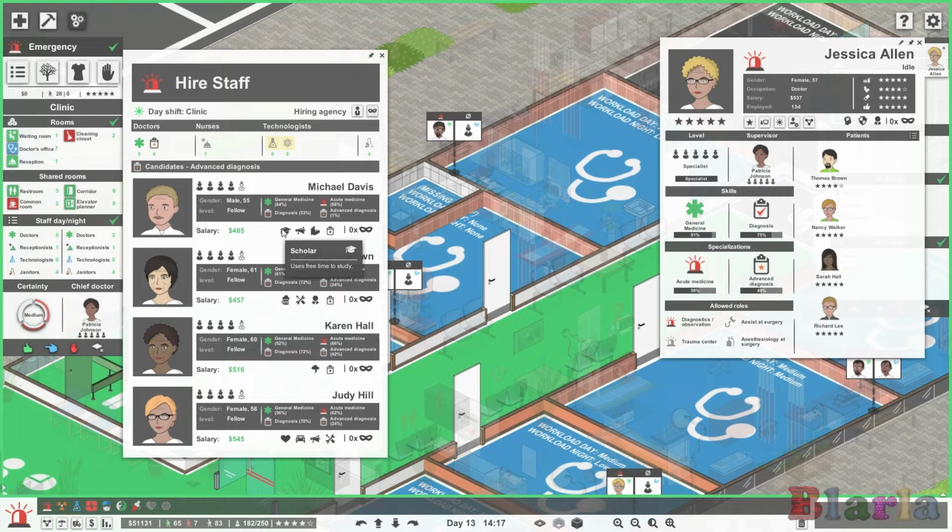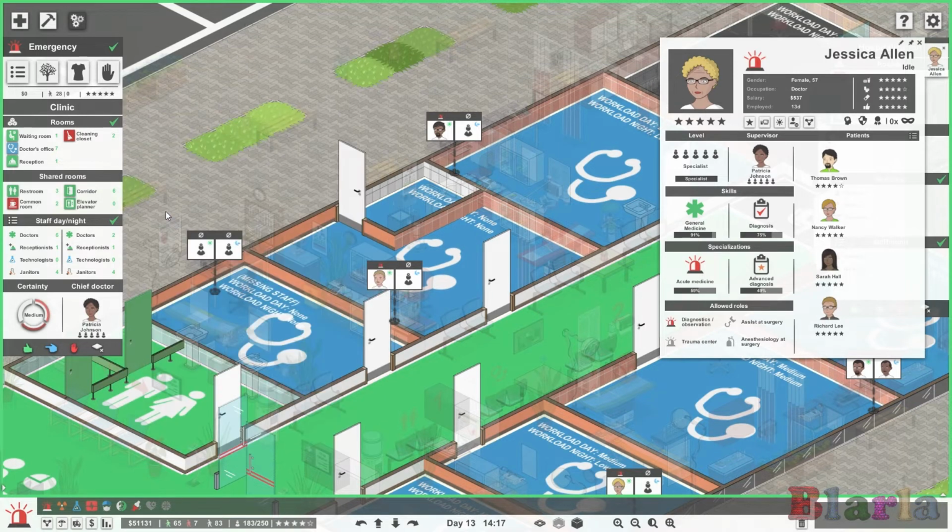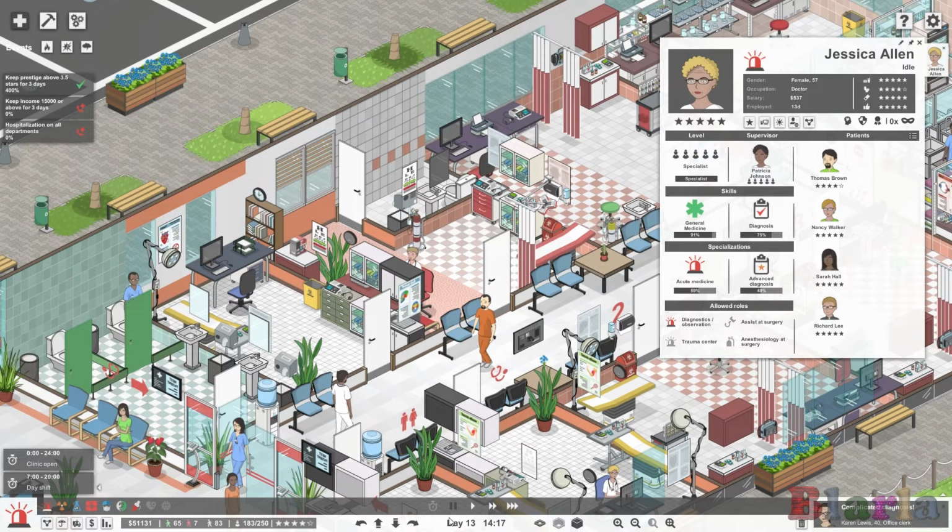They use their free time to study. So they would probably train up really, really quickly. And you know what? We might get them in. And they have the nice staff, which is fantastic, but they're also often late. They're quite expensive. So I think we will get Michael Davis to work in here. And you know what? We might follow him